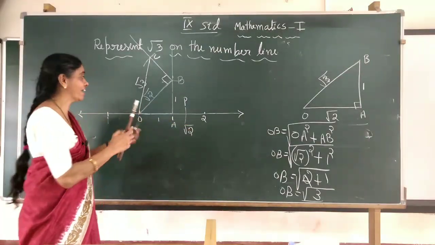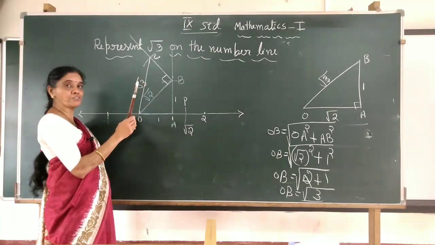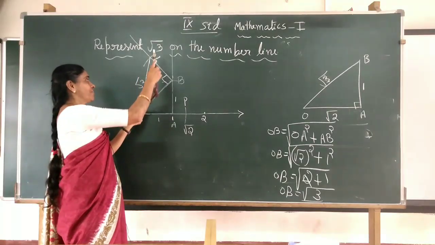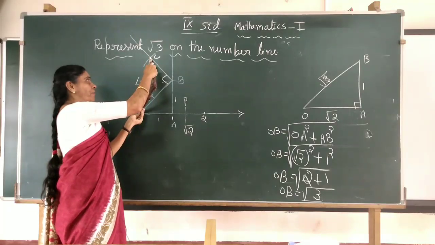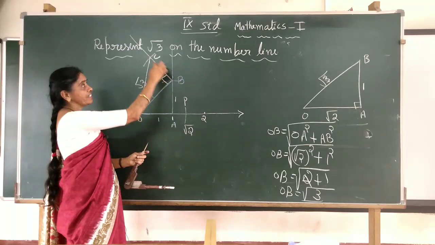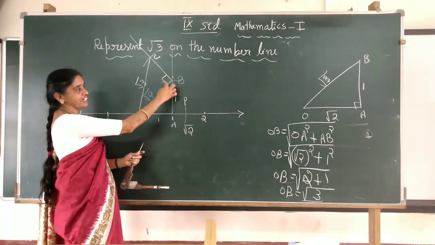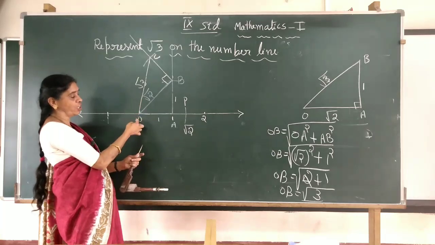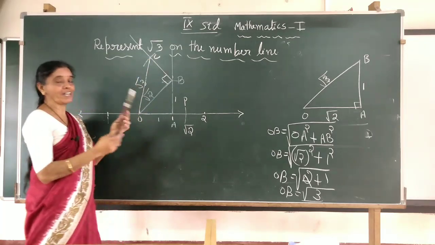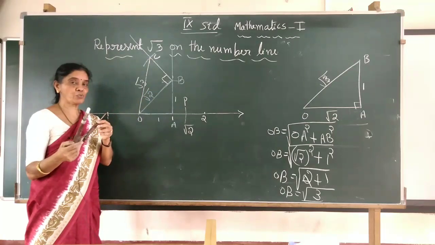That I should mark. So measure the distance of square root 3. From where you have to measure? Yes, you are right, from O, keep it at the C point. This is the hypotenuse of the new triangle OBC. This is the triangle you want, this is the 90-degree angle, and its hypotenuse is OC. That is square root 3. That length you have to take here.